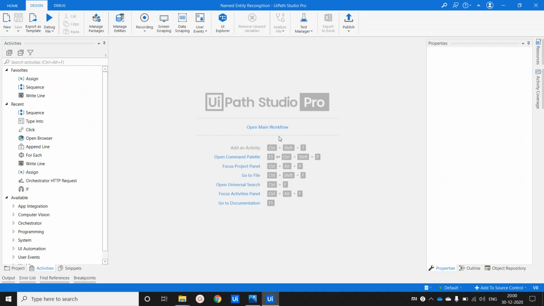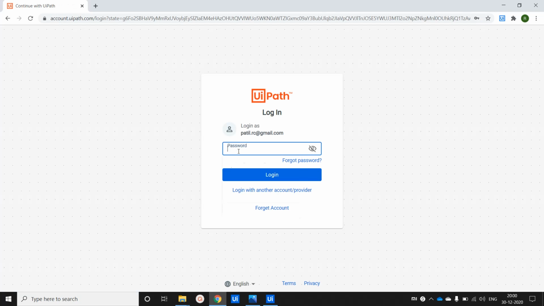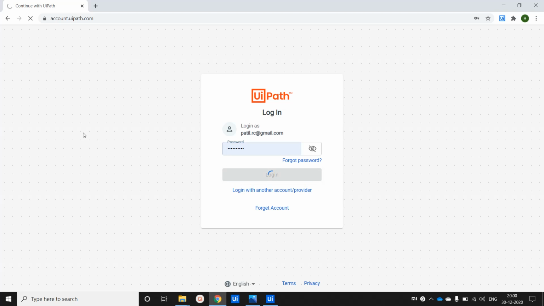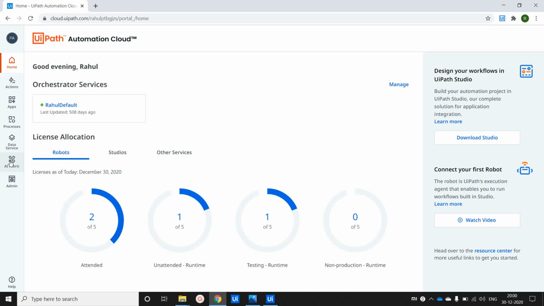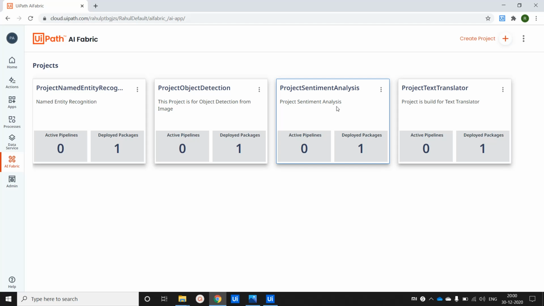Yeah. So before performing any action in the UiPath Studio, we have to navigate to the automation cloud, that is cloud.uipath.com. Log in to it. And we have to create a new project under AI Fabric. So we will navigate to the AI Fabric and we will create a new project,